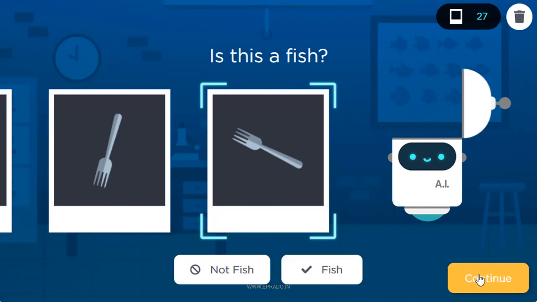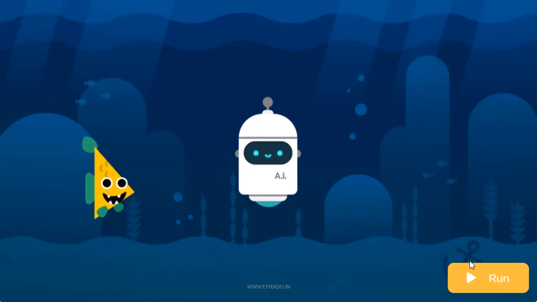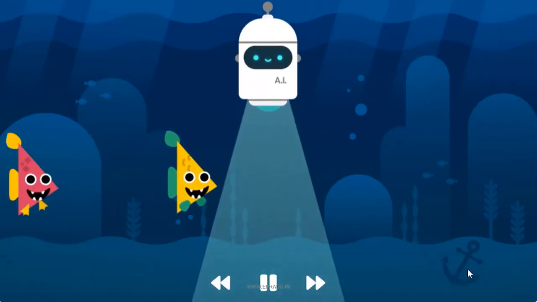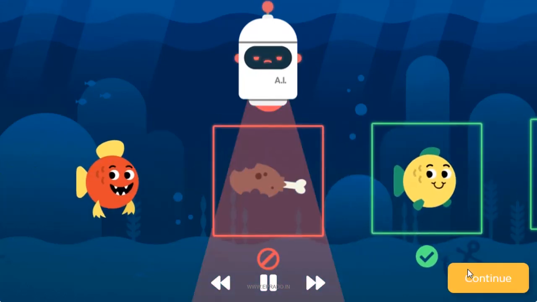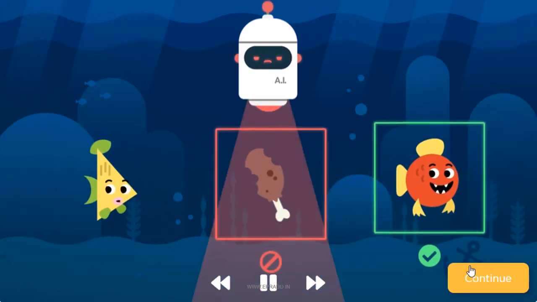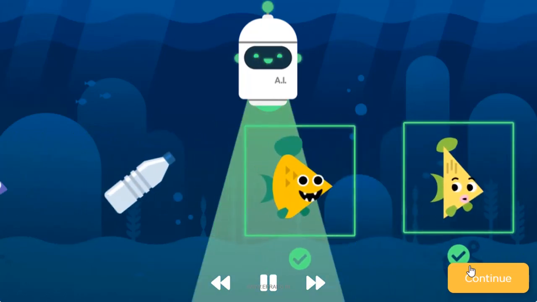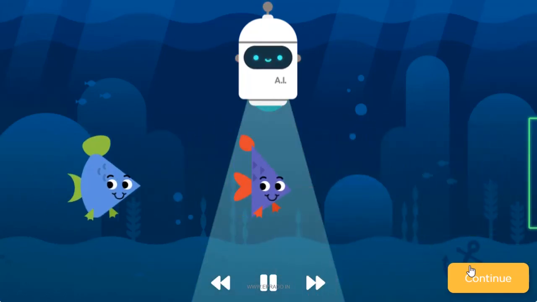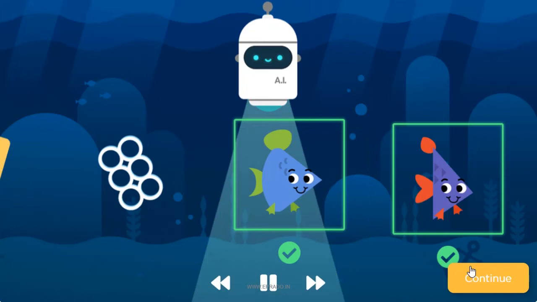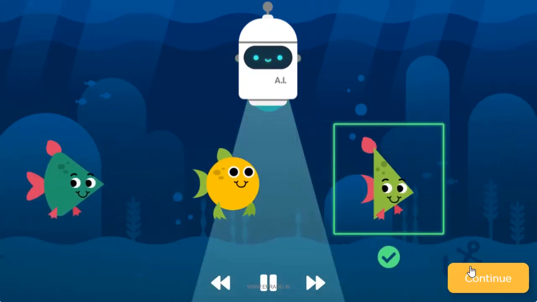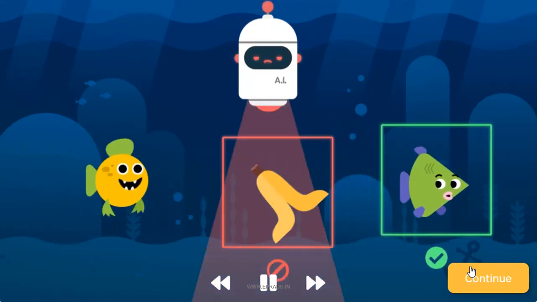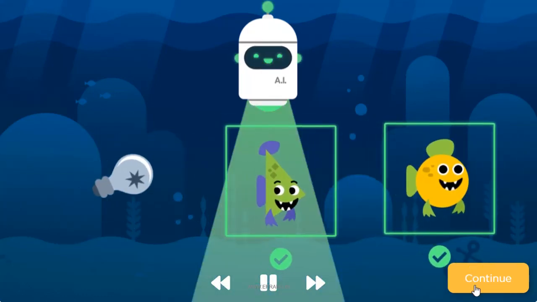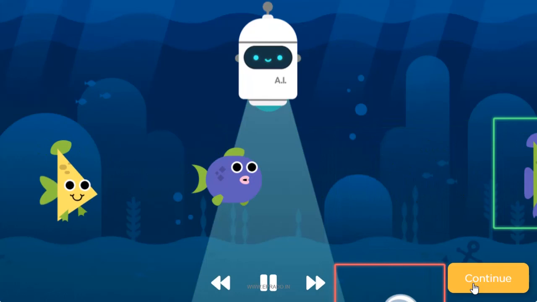Okay, now let's try. Now the robot is working better because we have trained it several times, so that it detects the objects and the fish, and it can differentiate the fish from objects. So let us continue to the next.